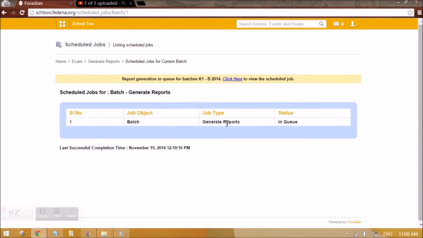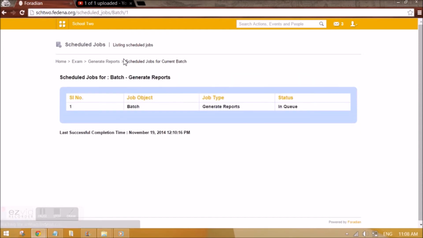As and when this row disappears from here, you can keep on refreshing it. You can see that it is in queue right now. It is not running. Once it becomes running, it is going to disappear, and then we will be able to see the report of the students. So let's say that this is generated, and let's go back to